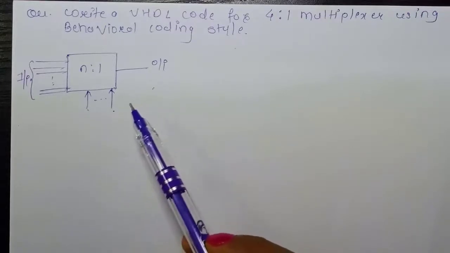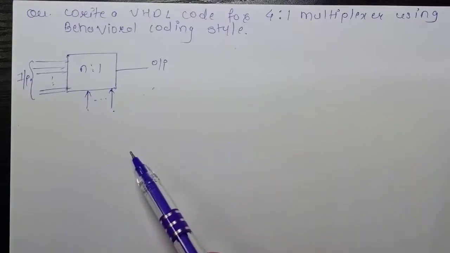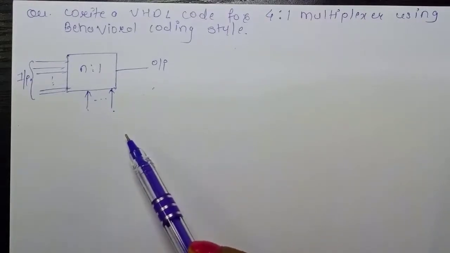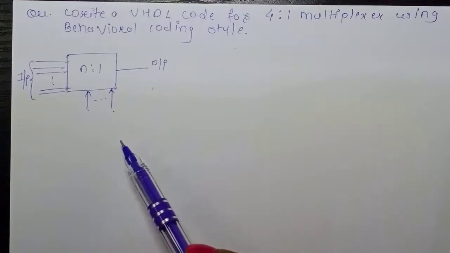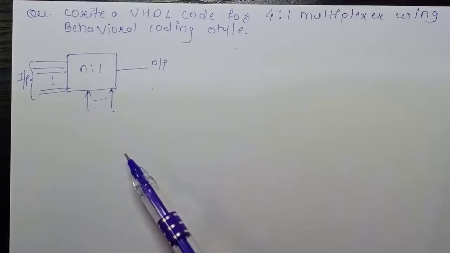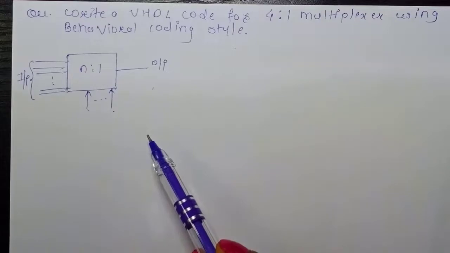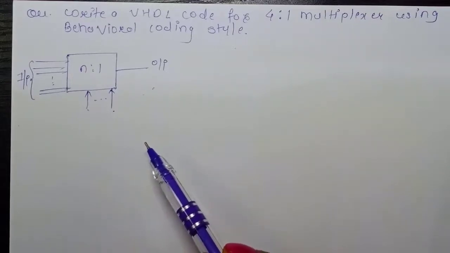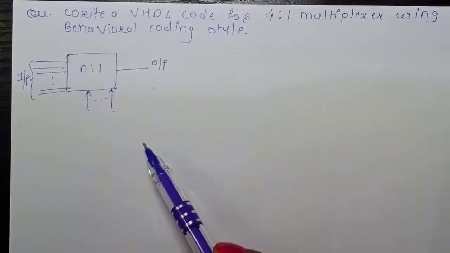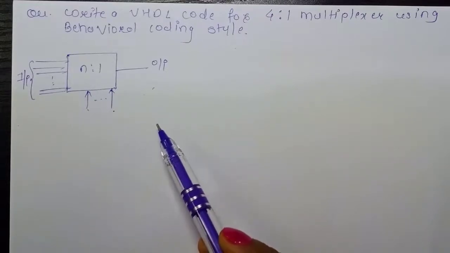So first, what is the application of multiplexer or where we use multiplexer? Multiplexers are generally used in data communication in which we combine one or more signals and transmit on a single output channel. That means there are number of inputs and we have to send input through a common line one at a time. That means we can say that inputs share one common line and that selection is based on the selection line.